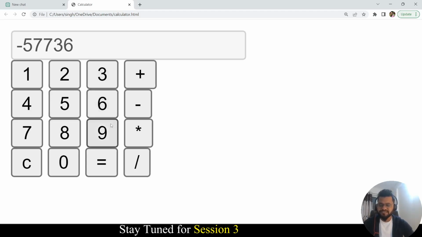So see how easy it is to create anything with ChatGPT. So no matter how much knowledge you have with programming, it depends on your requirement. So if you want to create some app, you can simply create it, or you can get the instruction also from ChatGPT on how you can create it. Okay,